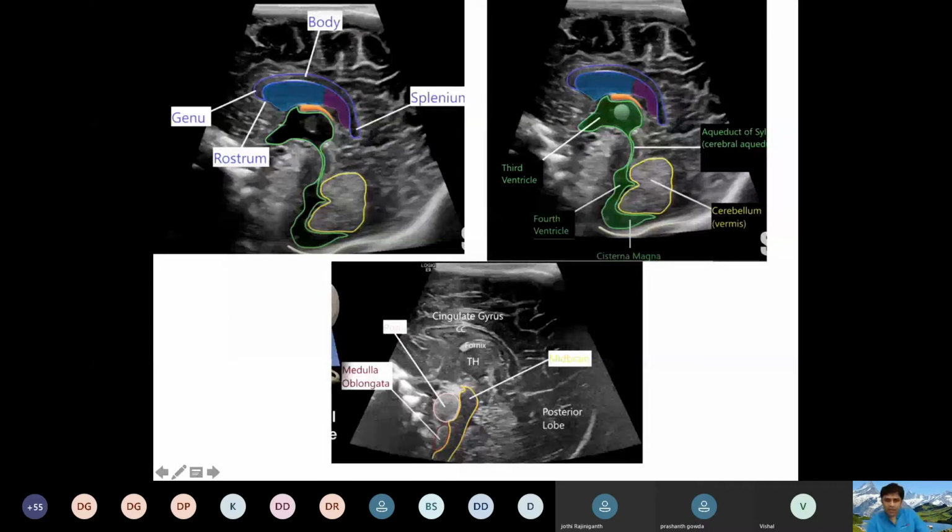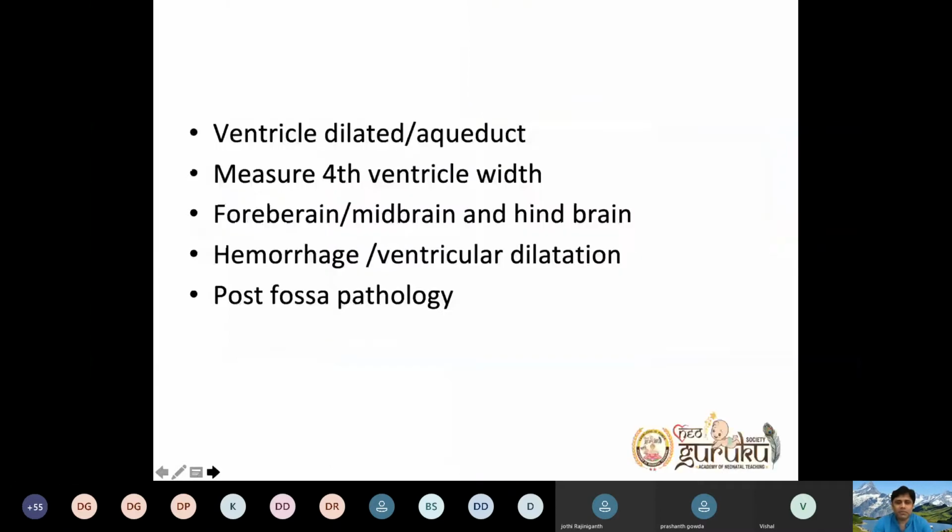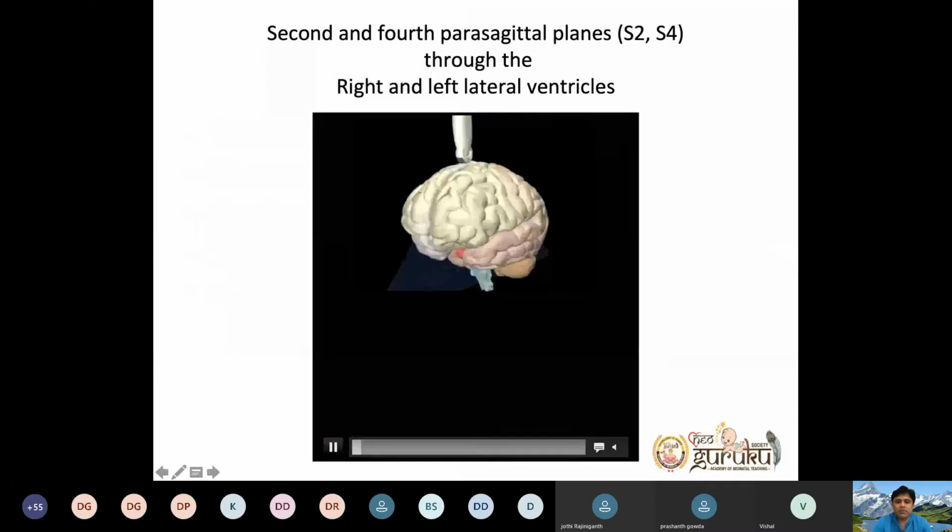So from top to bottom, if you take layers of skin, you have your cerebral cortex, then cingulate gyrus, corpus callosum, cavum septum pellucidum, fornix, third ventricle, interthalamic adhesion, aqueduct of Sylvius, fourth ventricle. If you move posteriorly, you have cerebellum; anteriorly you have your pons. So from top to bottom also, you can always say the structure. At the end of today's session, you should be able to tell parts of the brain from medial to lateral, lateral to medial, superior to inferior, anterior to posterior. There should not be any confusion. Once you know the structure, it is very easy for you.